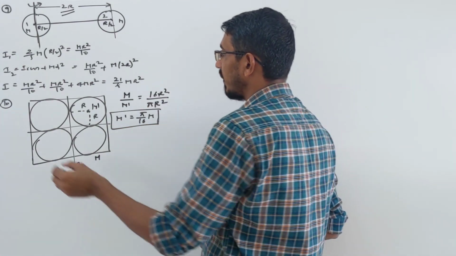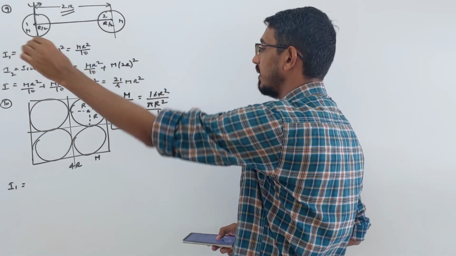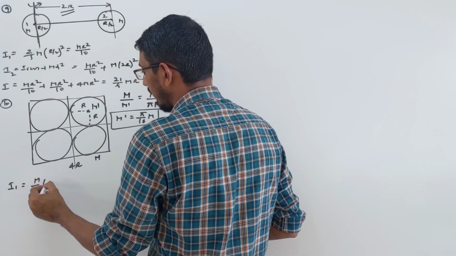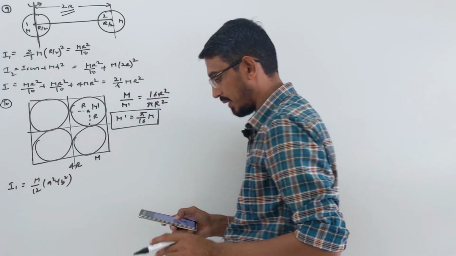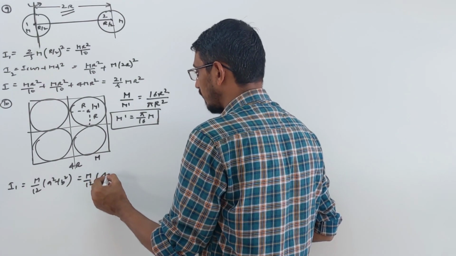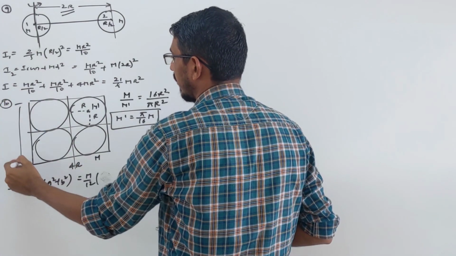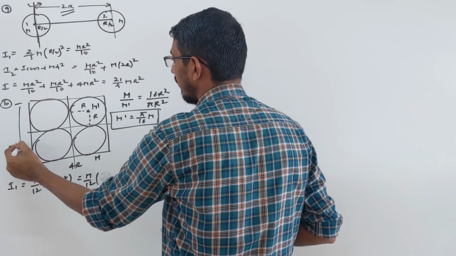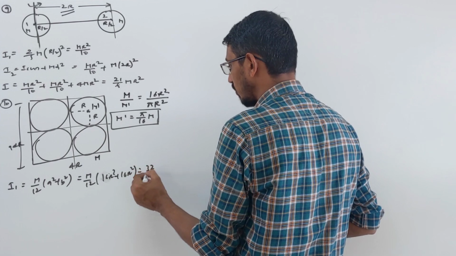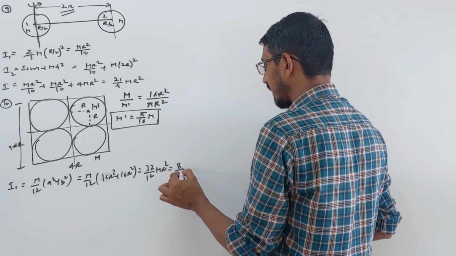Now second step we have to find the inertia. I1 we call the inertia of the complete object before cutting. So it was a square sheet or rectangular sheet. So the formula we have is m by 12 of a square plus b square. This is a formula we have, right? So m by 12, a is 4r, b also 4r. So it becomes 16r square plus 16r square, that becomes 32 by 12 of mr square. So this cancelled by 4 becomes 8 by 3 of